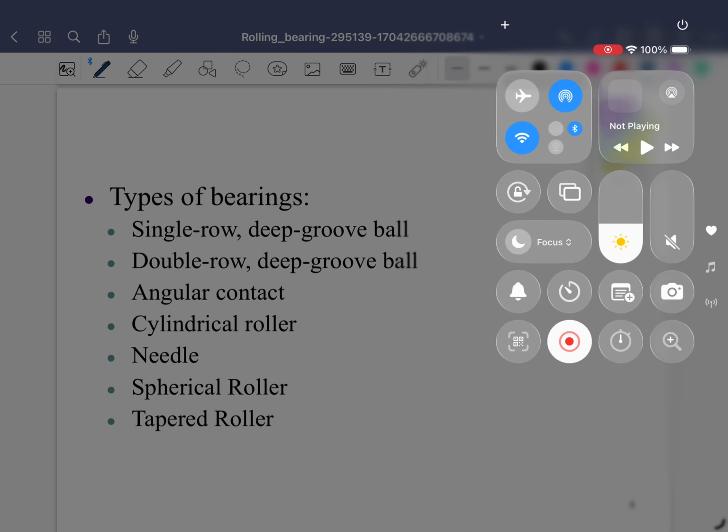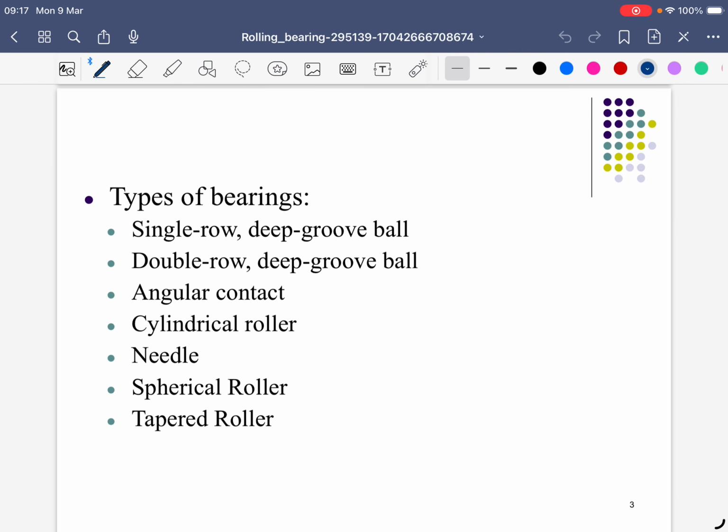You have to have the bearing catalog. In my course, I already put about three types of bearing: the standard SKF, NTN, and so on. Normally you can also find that from Google. No need to look for it before you have to go to the company and ask for the standard